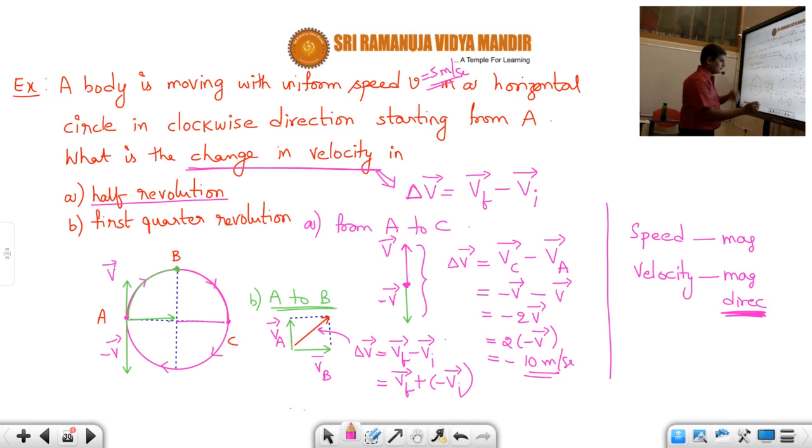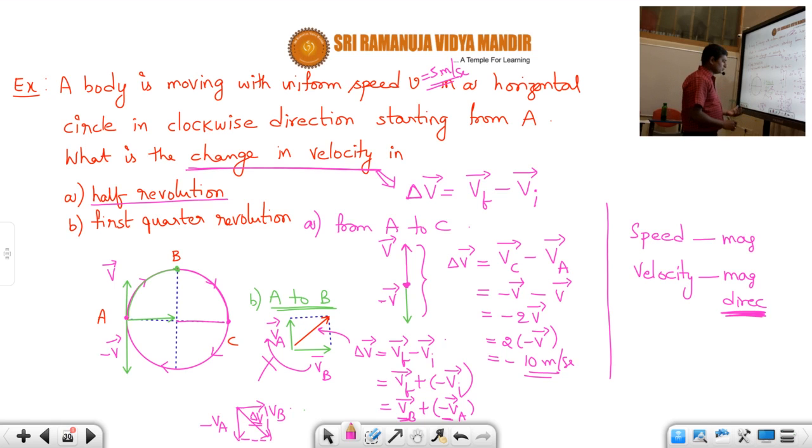Okay. So Vf finally is at B, Vb plus of minus of Va, students. Now here, actually, we are adding Vb and Va only. So that means this diagram is not correct. We have to add Vb and minus Va. So the Va vector should be reversed. That means if the Vb vector is like this, the Va vector should be written like this. Now if you complete the parallelogram like this, then this is called delta V, students.